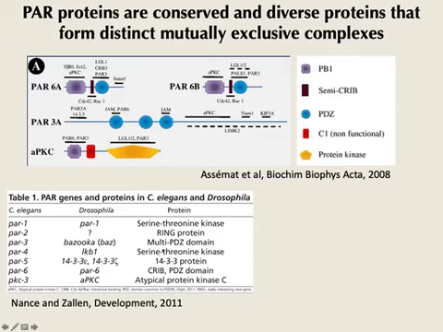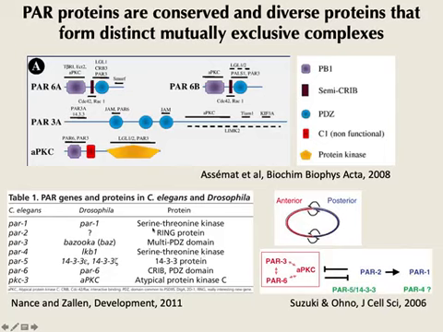This table here illustrates the conservation. Like I was saying, the PAR complex is extremely conserved. So you have PAR3 in C. elegans. It's been identified and called bazooka in the flies. Don't ask me why. PAR6 was named because it was first found in the worms, and so on and so forth. This is a description of the proteins. And when people study their distribution, the simple view is that you have the PAR complex, so PAR3, aPKC, PAR6 binding to each other, and they tend to localize in the anterior side of the egg.